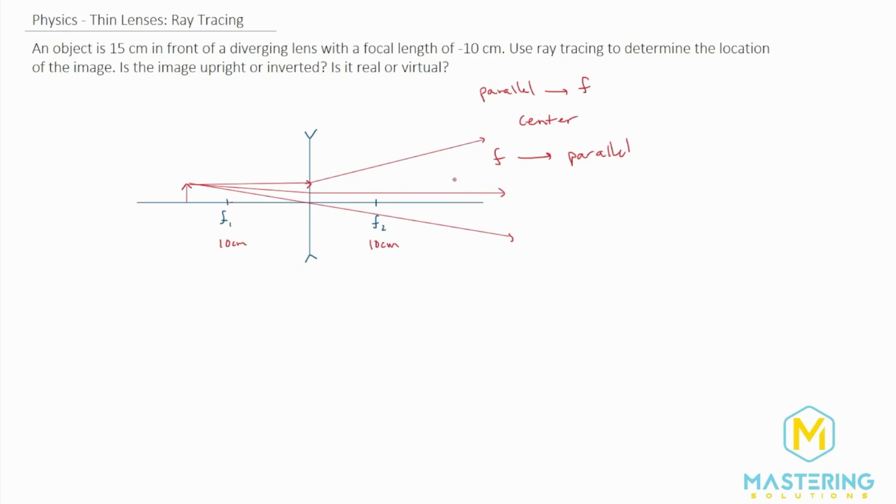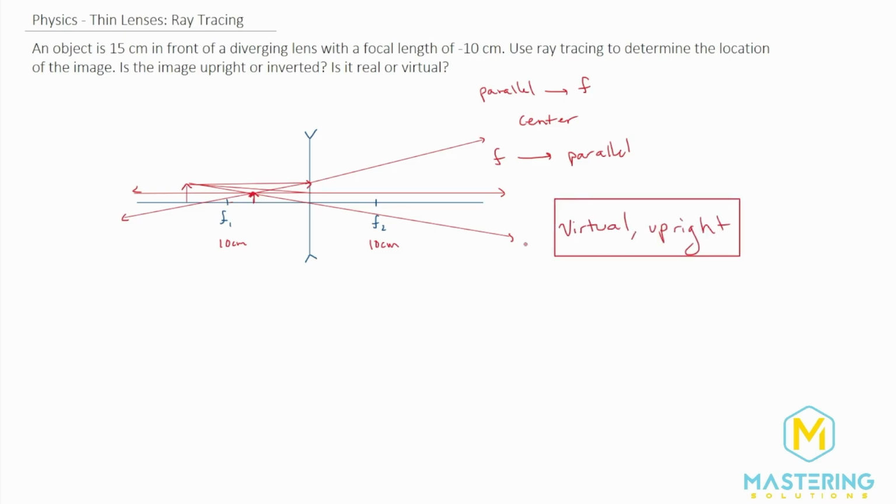These on this side, obviously it's a diverging lens, so they're not going to intersect or cross at all. So we have to extrapolate them back. So this one, we'll start there since it's parallel. This one's going to come back about like that. And then this one through the center of the lens already crosses here. So you can see the focal point of our image where all of the lines intersect is right here. So since it's on the upstream side of the lens, we have a virtual and an upright image.